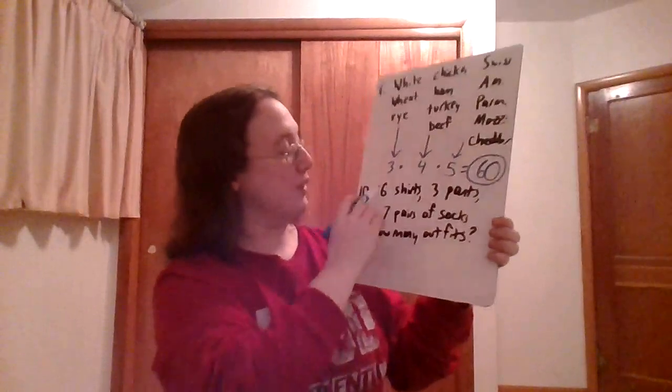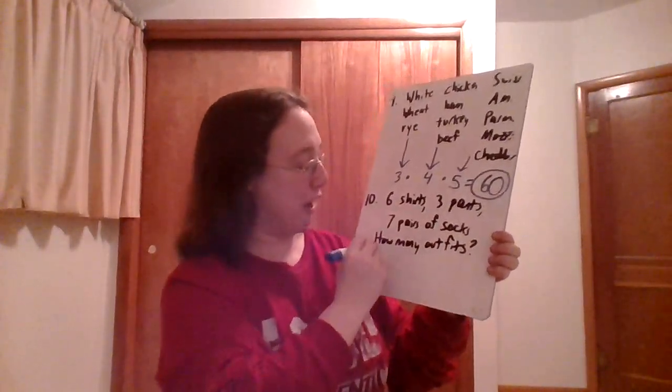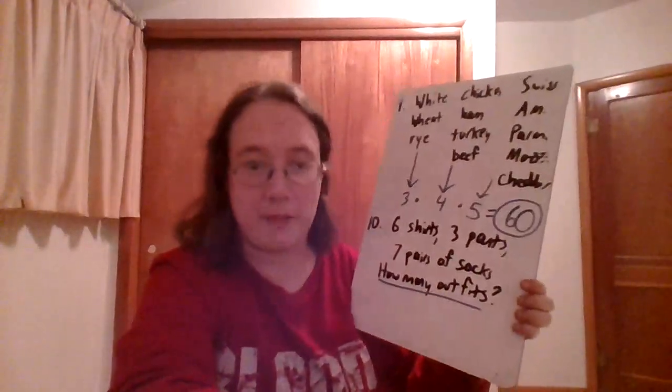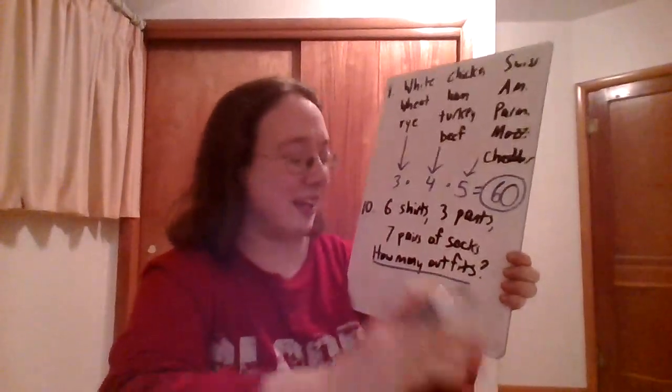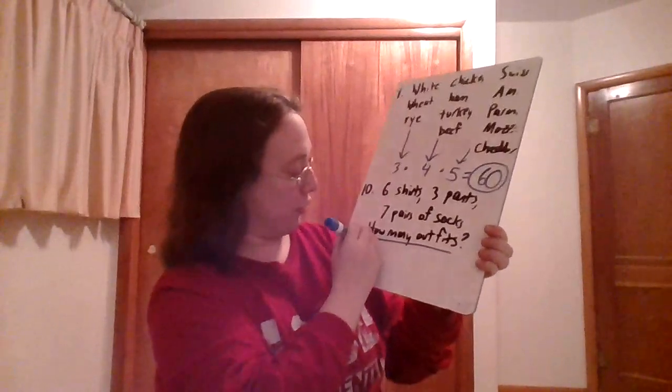Okay. Now, we've got 6 shirts, 3 pairs of pants, 7 pairs of socks, and we want to know how many different outfits we can make. And we're assuming here that we're not doing something like mixing and matching the socks. So we got pairs of socks that go together, and we're not mixing those up. Okay, so as long as we're assuming that, we're just